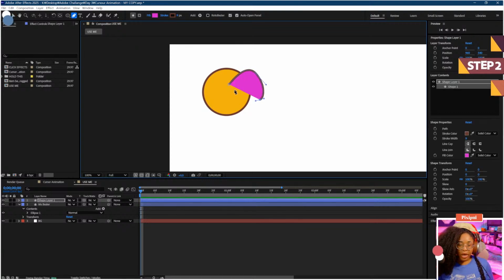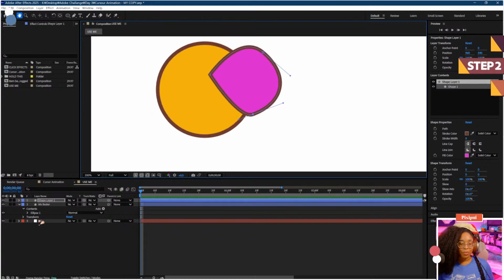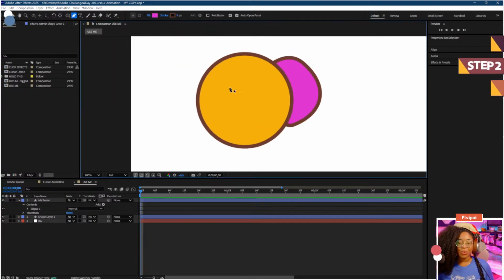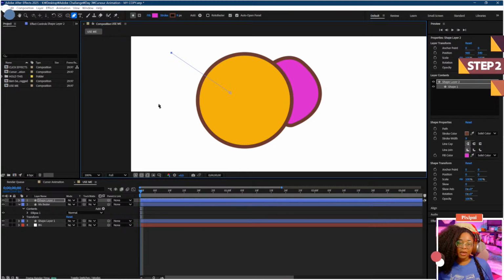So the way that we're going about this one is pretty much what you could do for any cursor. If you're new to using the pen tool, you've got a lot of usability here. So make sure you've got your pen tool selected. If it doesn't seem to be there already, hold left click down and go ahead and find your pen tool there. While you're selecting, if it's not really giving you the shapes you want, or maybe you're not able to keep your lines straight,